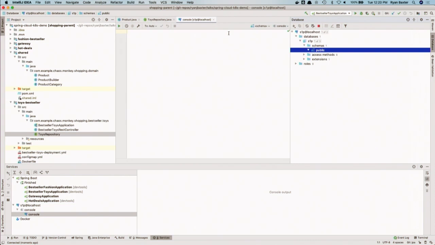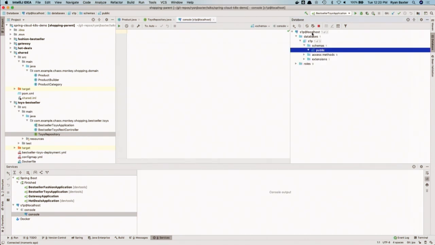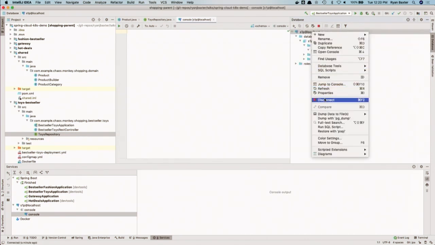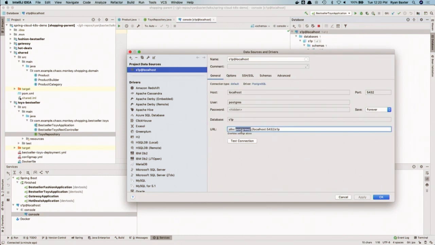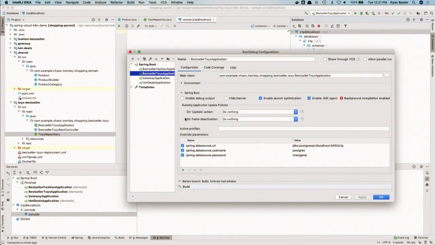So let's connect my application. First, I will connect an application running locally on this laptop to the remote database, just to make sure that everything is working. To do that, I will copy and paste the JDBC URL, because I'm about to use it in a second. There is everything already set.